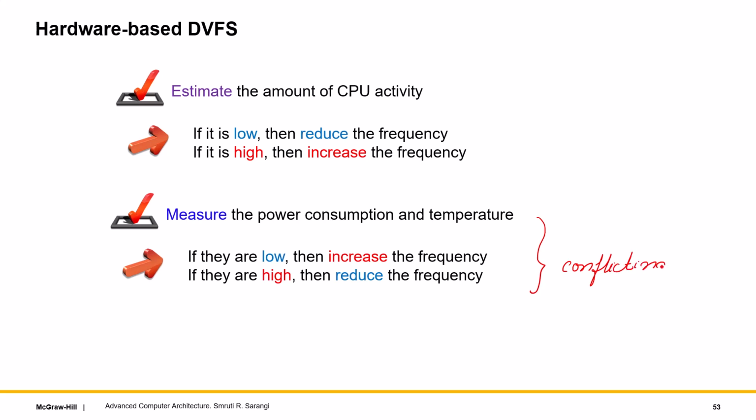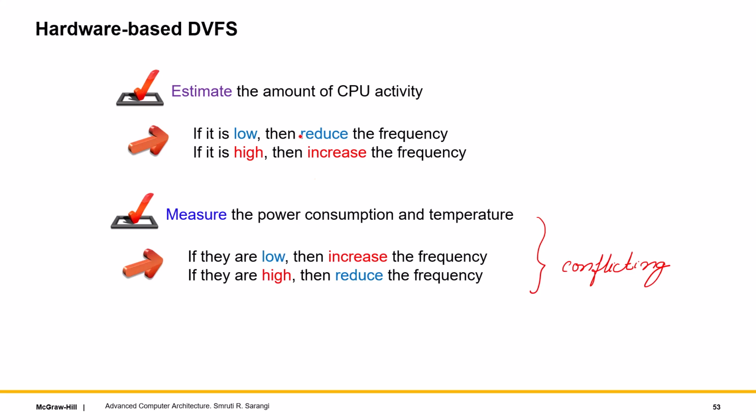Look at the power and temperature. If both are low, on the lower side, then it makes sense to increase the frequency because you can get better performance. But that would depend upon whether increasing the frequency will help or not. If both of them are high, then you have to reduce the frequency because you don't want a high power scenario or a high temperature scenario to continue for long. Right? So this is the broad